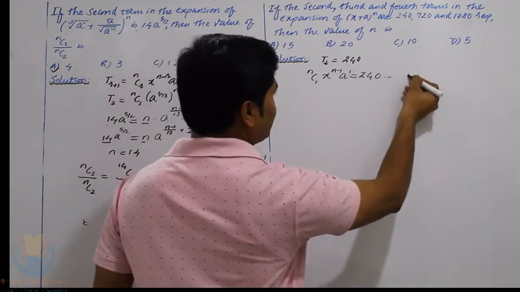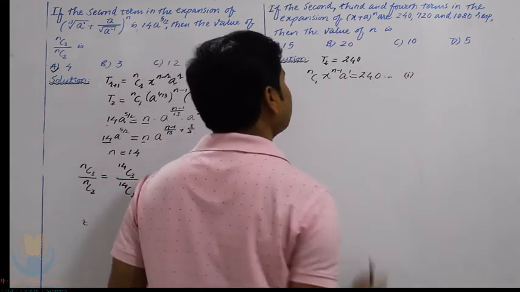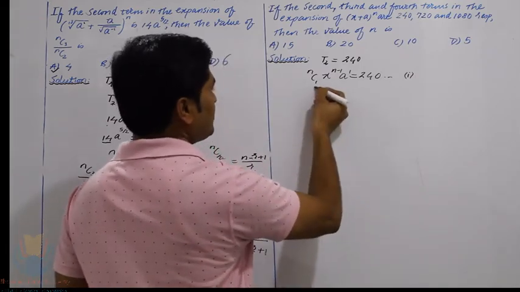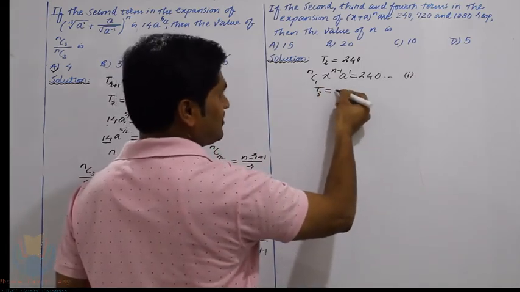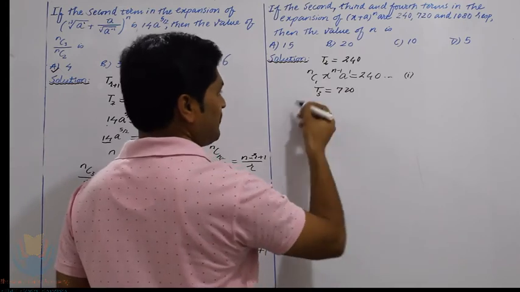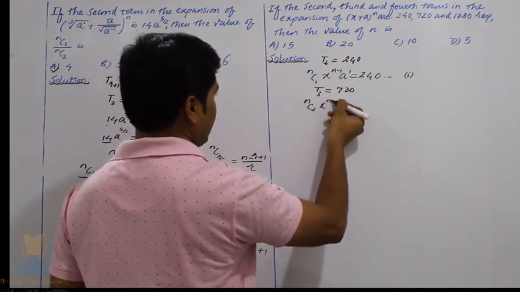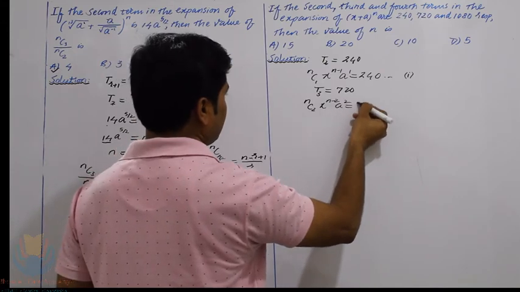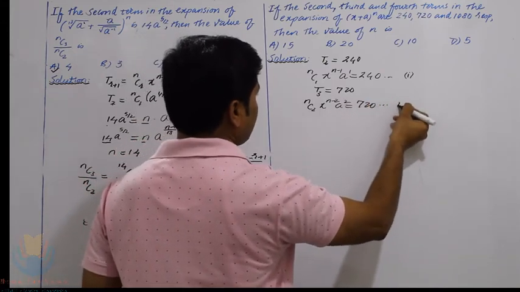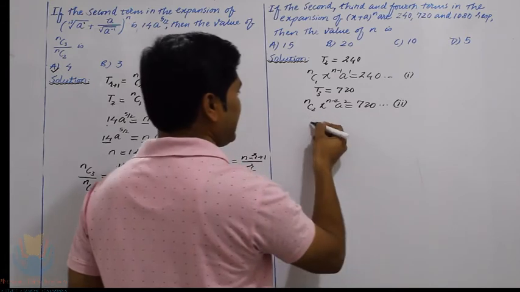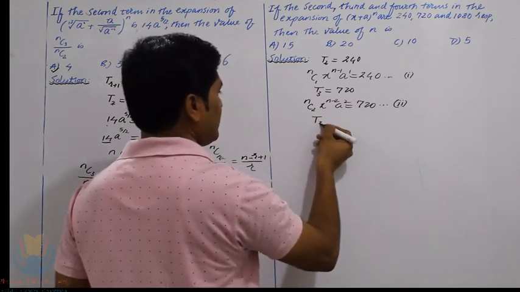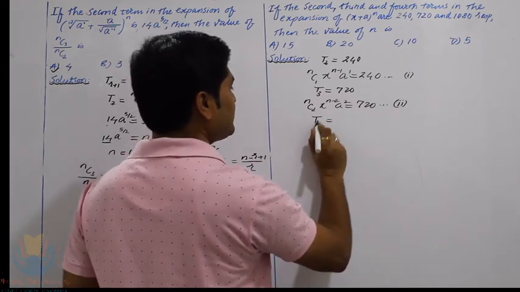So consider this as equation number 1. Similarly, the value of T3 is given to be 720. So the same formula we can use here. So this is nC2, that x raised to n minus 2, and this is a square, and this is nothing but 720. Let this be equation number 2, and lastly the value of T4 is given to be